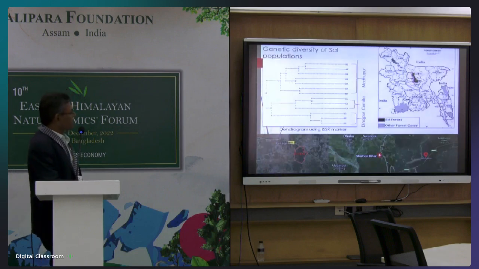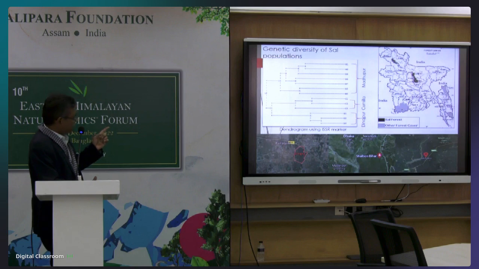We also tried to see whether any genetic variation is present in our forest resources. To do that, we selected sal plants. As you know, this is a single species, Shorea robusta, but even within this single species we find genetic differences. To investigate the genetic diversity between the sal forests, we selected Cumilla sal forest, Madhupur sal forest, and Dinajpur sal forest,